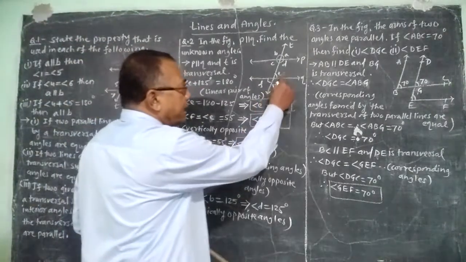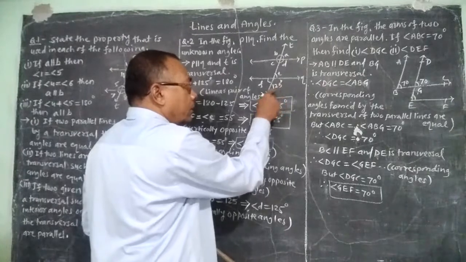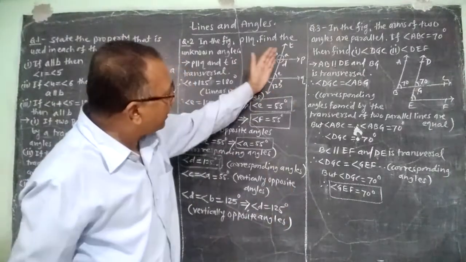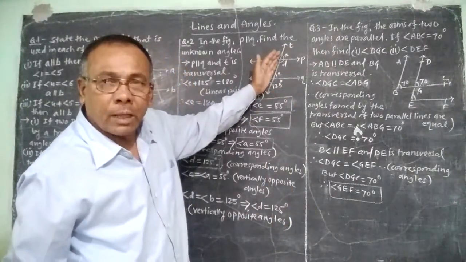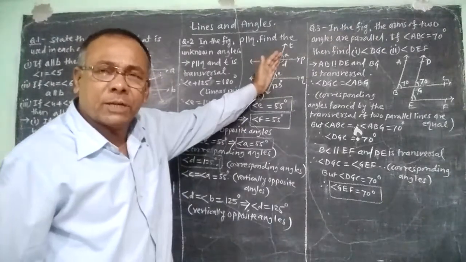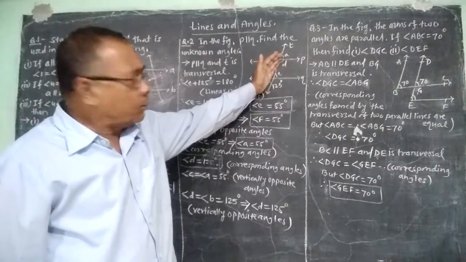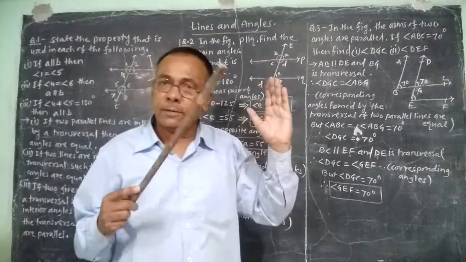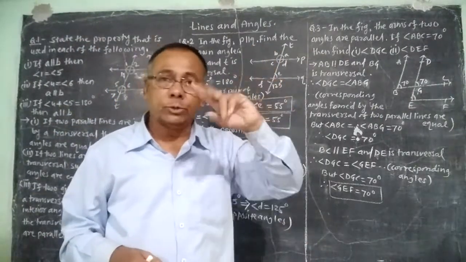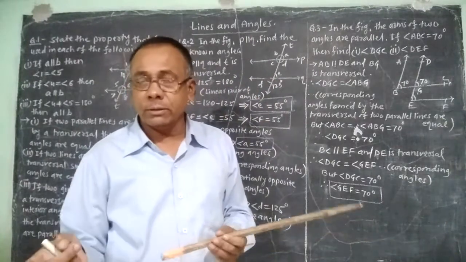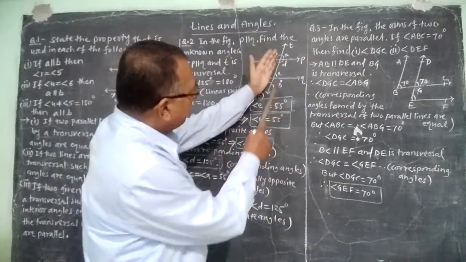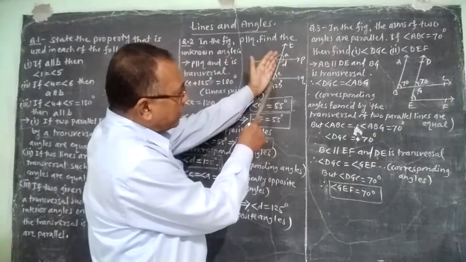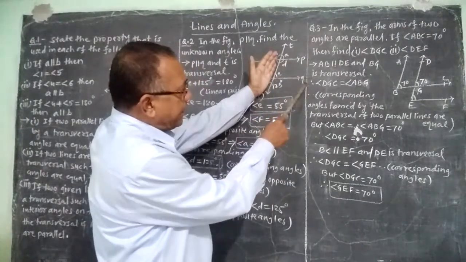Here, if we consider angle E and angle 125, these two angles are a linear pair of angles. Why are these two angles a linear pair? Because in the figure it is seen that... We know the definition of a linear pair of angles. If two angles have one side common, here it is seen that E and 125 have this ray